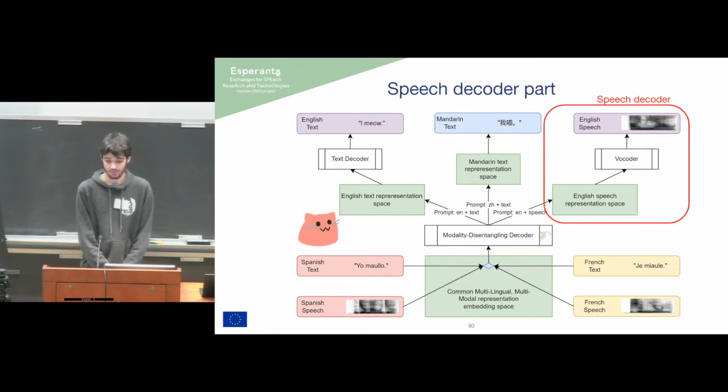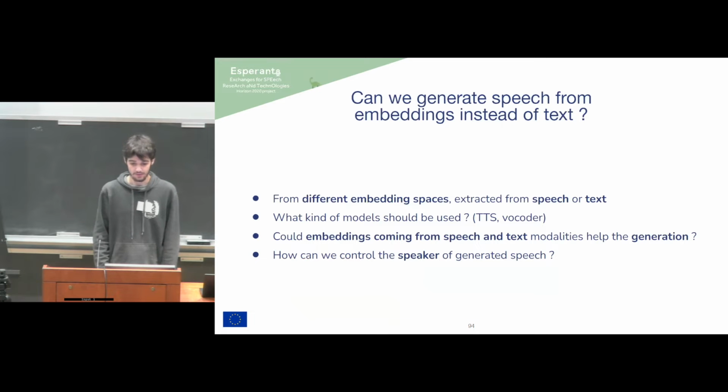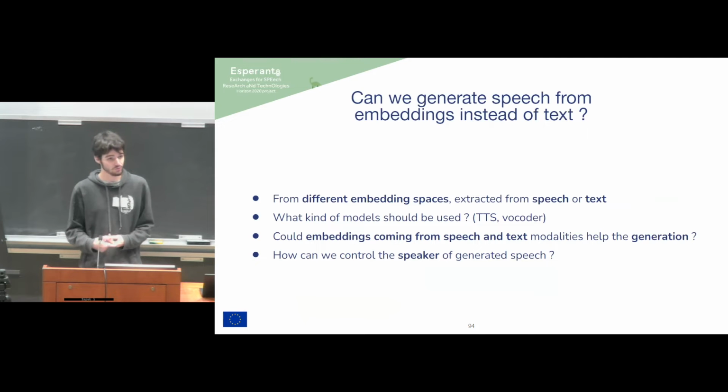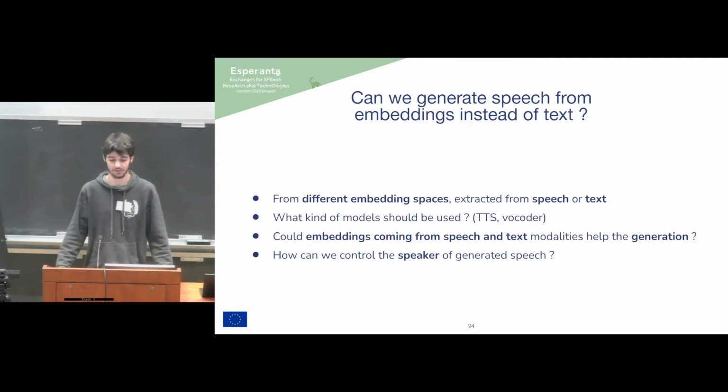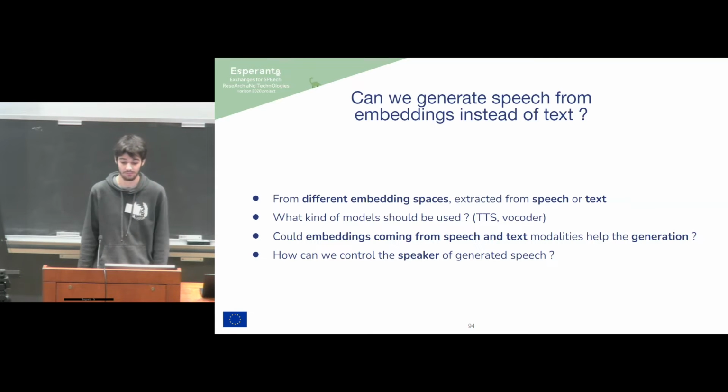The point is, in the end, to produce speech, but we do not have text to perform classic text-to-speech synthesis. So we had to do a few experiments to see how it works. What we tried was generating speech from different embedding spaces. Some of them are extracted from speech, and some from text. This leads to different issues, since embeddings from text are closer to text, for example in their duration, while embeddings from speech might already have the right length, so we do not need a length predicting module.